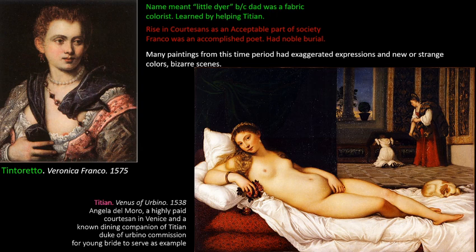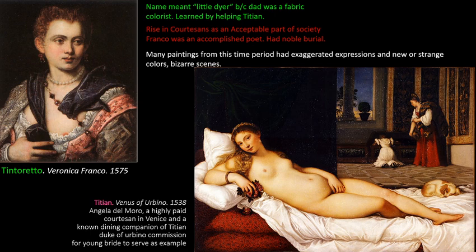So, as indecent as that might seem, she's got the puppy at her feet, which sort of balances out that sweetness of, yes, she is this sexual goddess, right? But at the same time, she's loyal, and that puppy is the symbol of that. So this is happening in Venice, and that sort of Northern European thing is influencing the late Renaissance in Venice as well. So it is sort of a cultural give and take at this point in time after the High Renaissance. In the background, you have her wedding chest being packed. And her attendants are back there getting that ready for her to go to her new home.